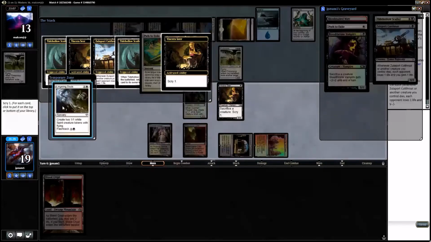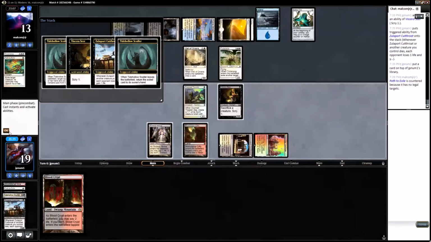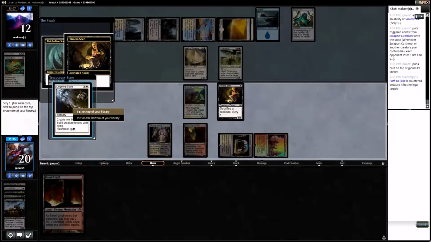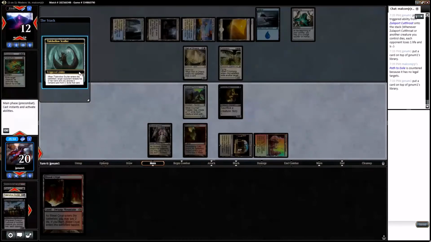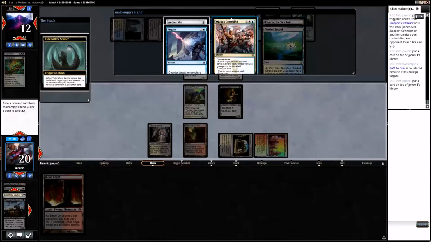Scry 1, Lingering Souls. Yeah, we'll put Lingering Souls on top. I'm okay with that. Path fizzles. They get the card from under Tidehollow Scholar. We get to scry another one. Keep Lingering Souls on top. Scholar is going to take...